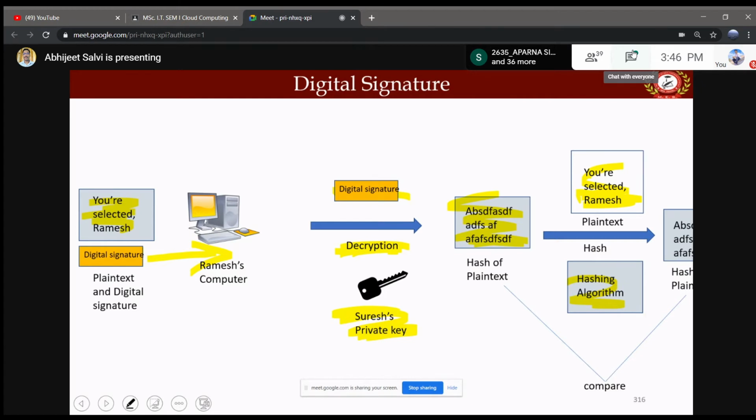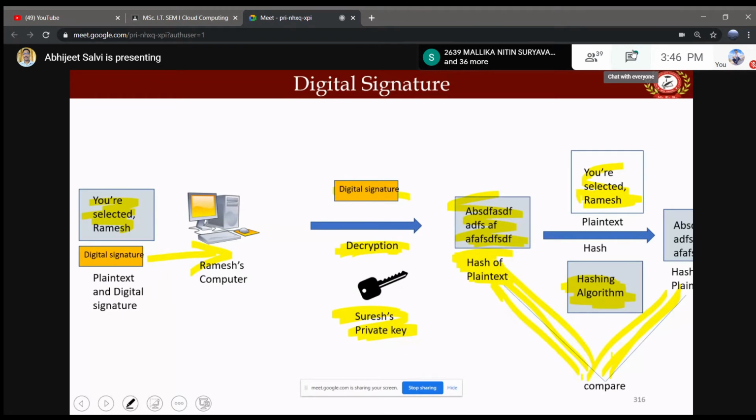It is the receiver's job to check whether the message that was received and the message converted using this hashing algorithm are the same or not.